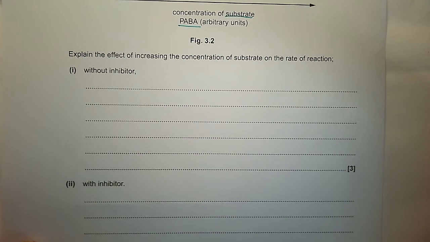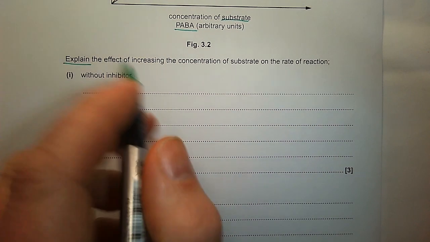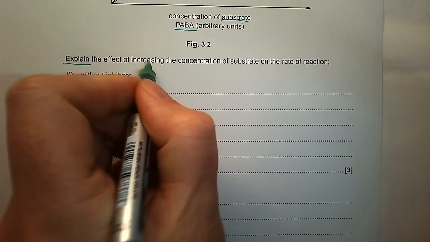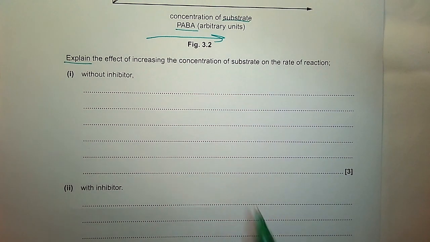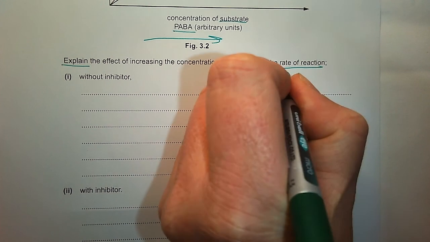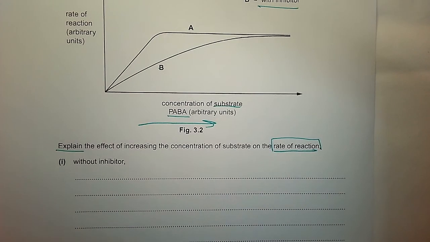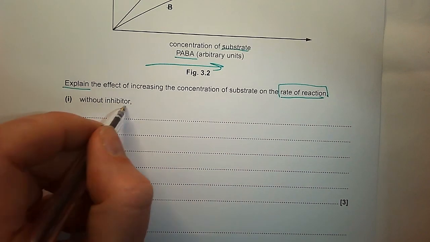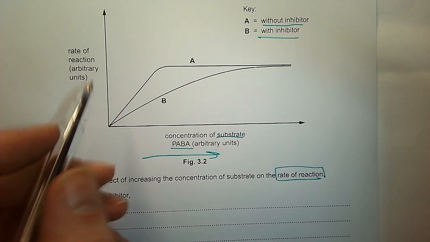So we have to talk about, it says explain the effect of increasing concentration. So we've got to talk about what happens as we go along this graph on the rate of reaction. So that's important. We've got to talk about the rate. So let's start with this. Part one is without the inhibitor. So without the inhibitor is line A, and if we look at A,